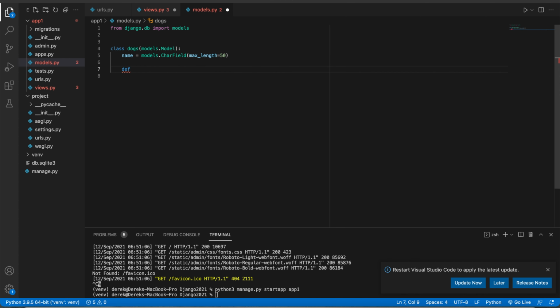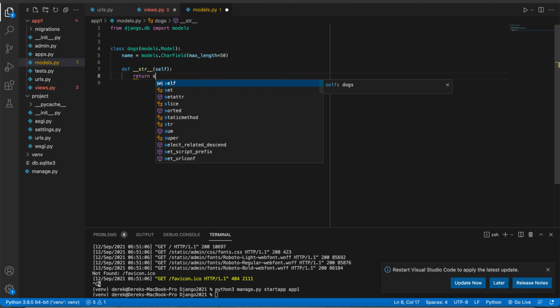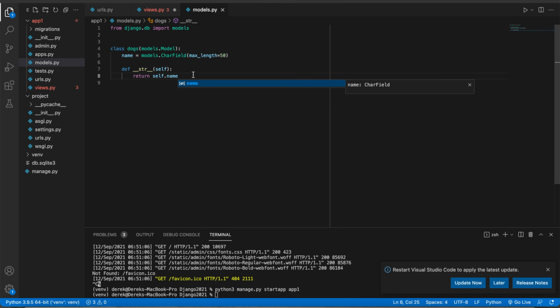Let's def __str__ with self in it. We do this so we can return self.name. Now it will be easier to look at it in the admin. Now it's time to make migrations and migrate. First do python3 manage.py makemigrations, then write